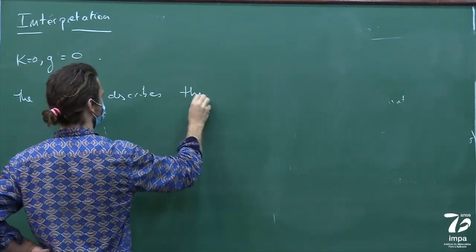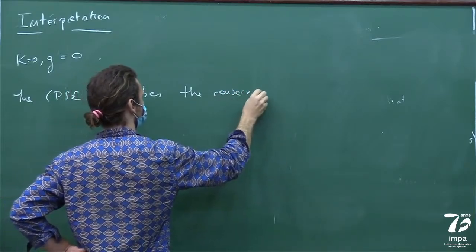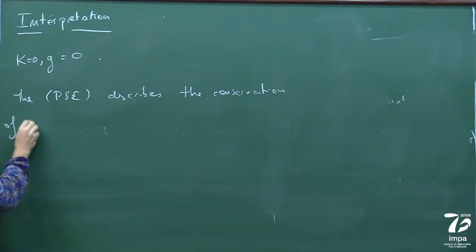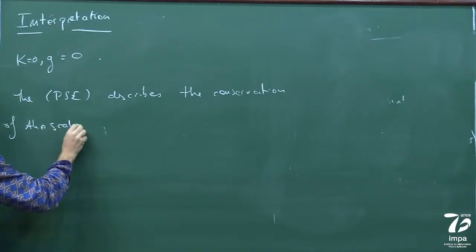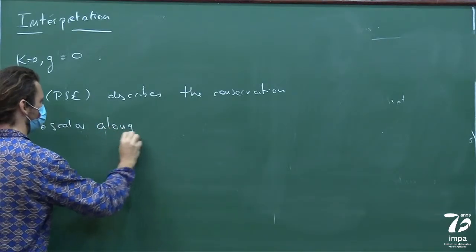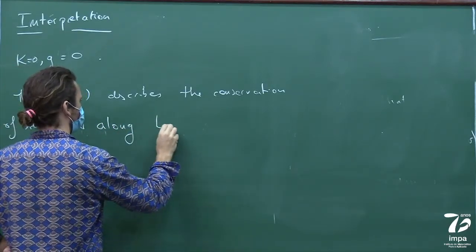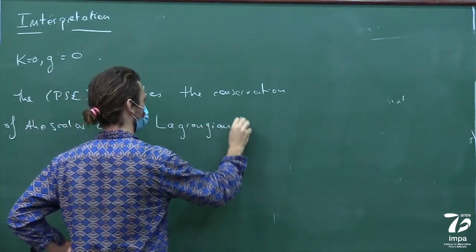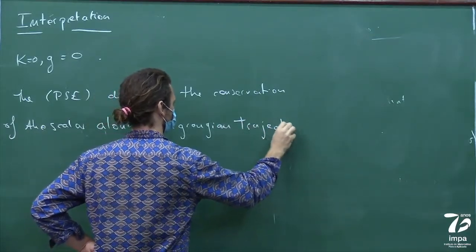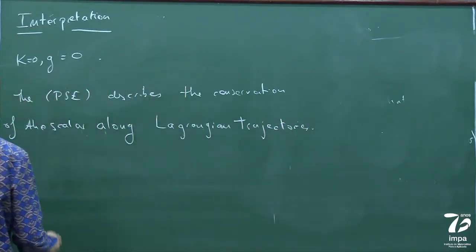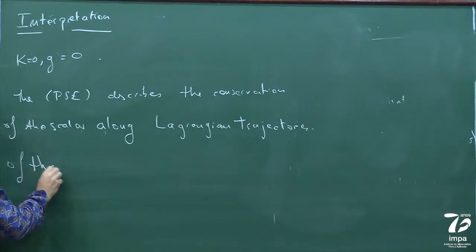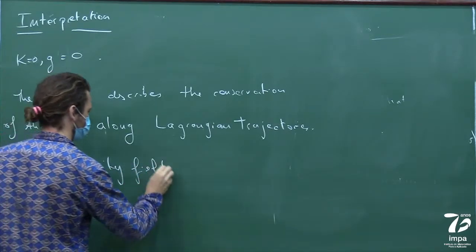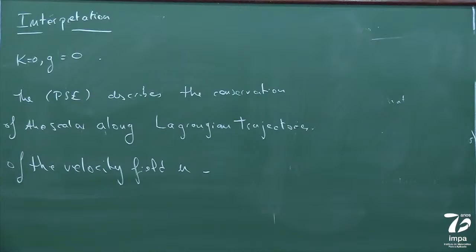It describes the conservation of the scalar along Lagrangian trajectories of the velocity field u. So what I mean by that, so